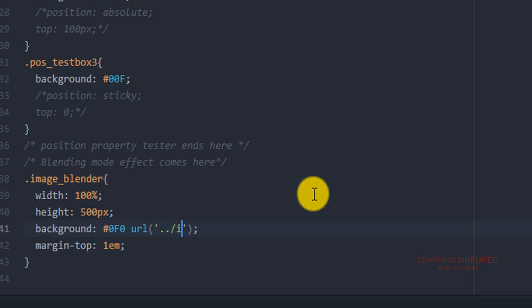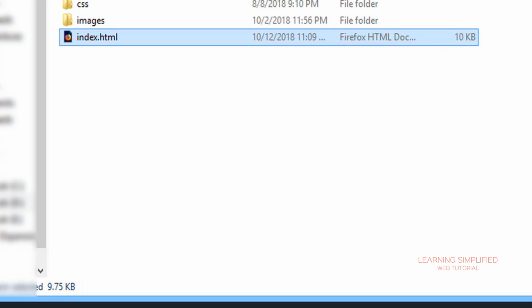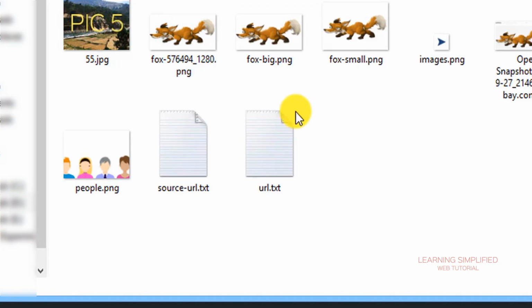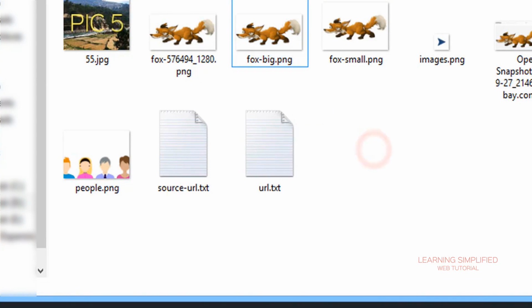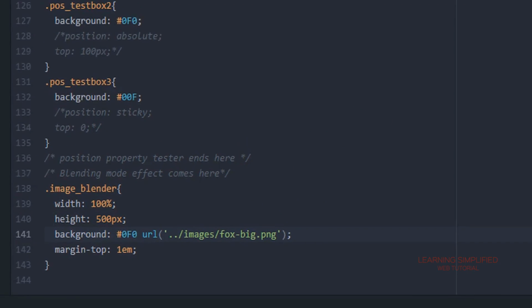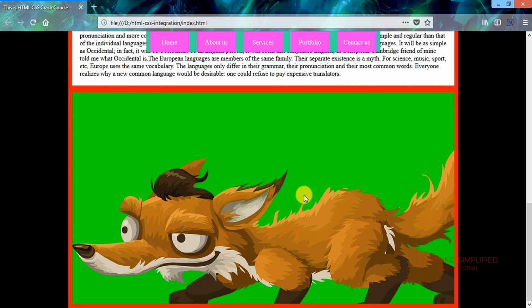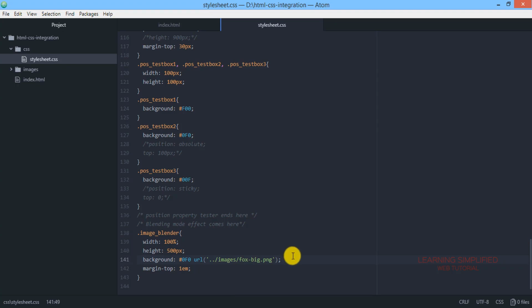So that is why we will be providing this one, and in case of this image folder we will be using foxbig.png. Get back to your project and reload, and we can see that the foxbig is now turning into the background of this particular selector class name.